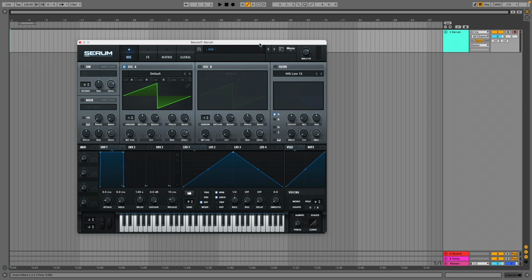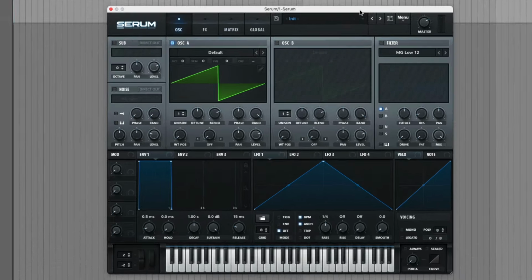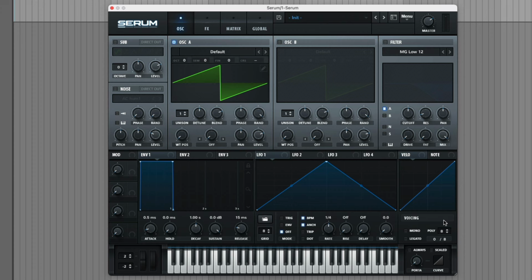Okay, let's make a pad in Serum that's just going to be the most basic thing imaginable, just to demonstrate some of the fundamental characteristics of this kind of sound. First up, we want the maximum number of voices possible so that we can play chord extensions without having to worry about running out of voices. Chord extensions are very important for getting that classic Atmo DnB sound, and I'll demonstrate this once our patch is